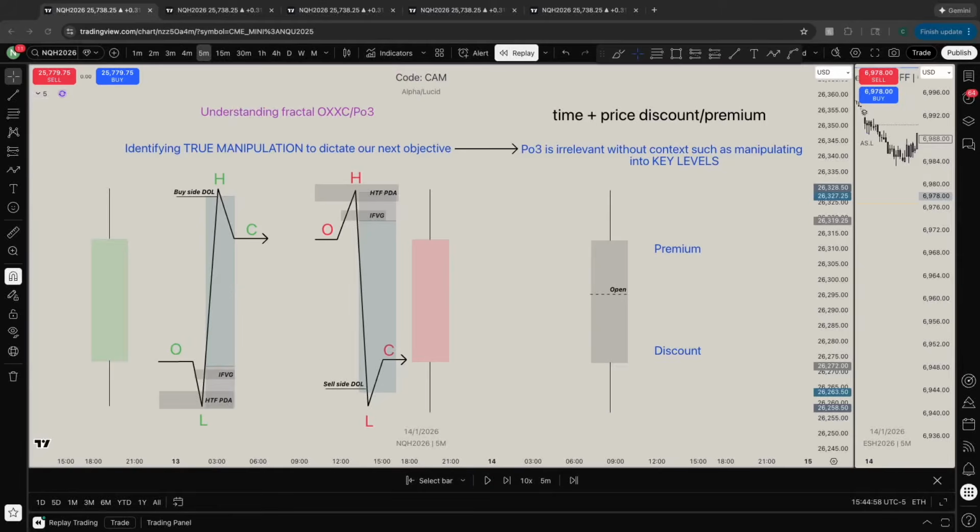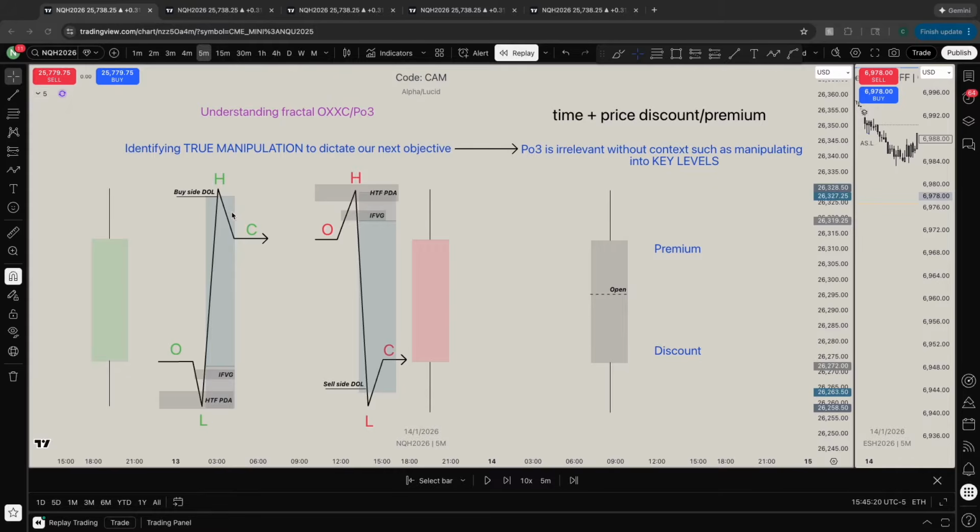What's up everyone? In this video, I'm going to be talking about understanding fractal OXXC and PO3, as well as talking about identifying true manipulation to dictate our next objective, because PO3 is irrelevant without context, such as manipulating into key levels. So to start things off, I'm just going to be talking about the basics of our OXXC,